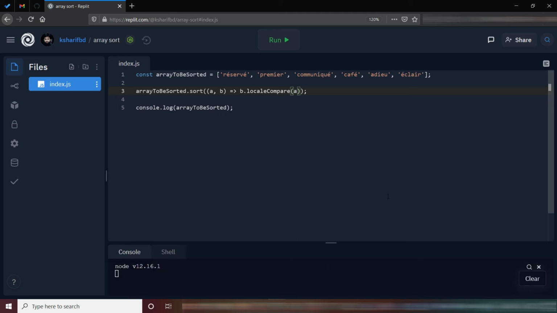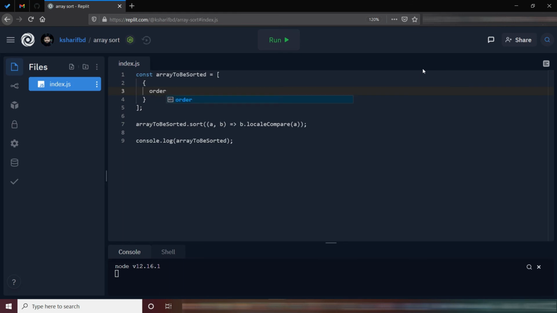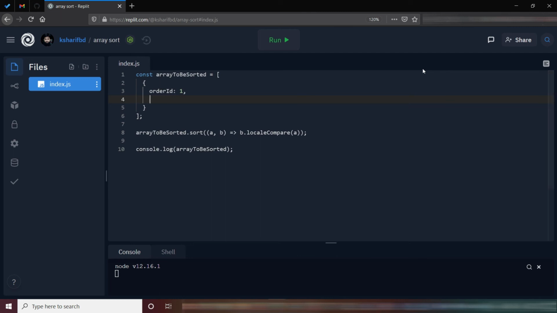Let's clear the console. Most of the time in real-life applications, we might need to sort an array of objects. So now we are going to see an example of that. Let's remove this. Suppose we have an orders list. Each list item will be an object which might have an order ID, then amount.